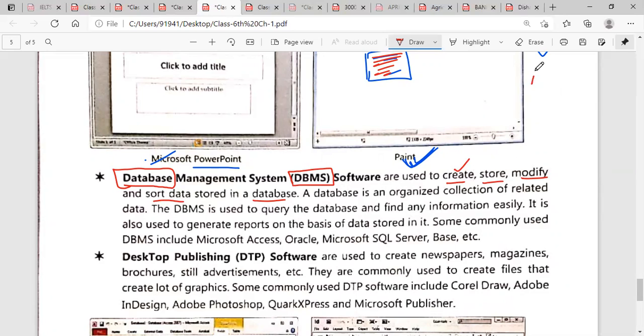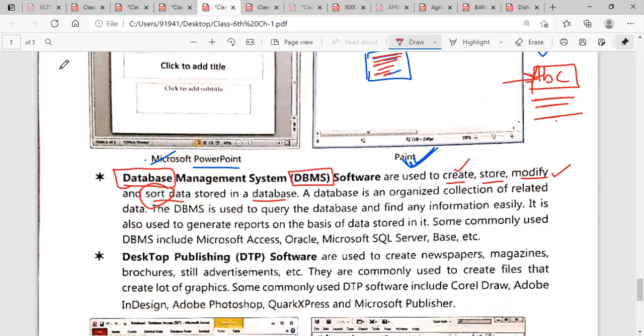Suppose your name is ABC, and this is the name of the database you are going to create. You can also store your details like your roll number. In case of a school, your name and all your details will be there in the database. You can also modify the data and also sort data.